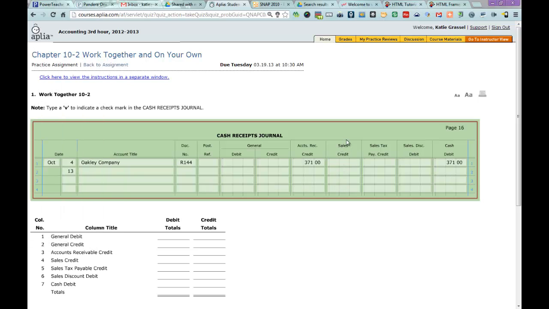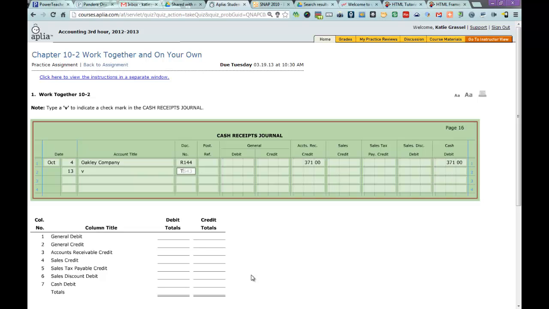So sales is right here, I have a column. Sales tax is here, I have a column. And cash is here, and I have a column. It is a check mark. I'm using all special columns. You cannot count accounts receivable here as a special column because you need to know which customer just paid us. So when we use accounts receivable, we still have to put in the name of that company or that individual that owes us money. So source document's going to be a V, or account title is going to be a